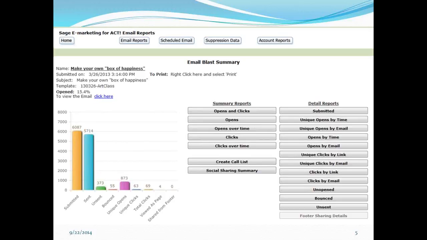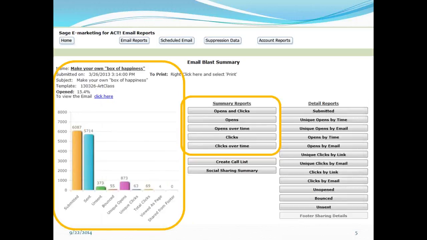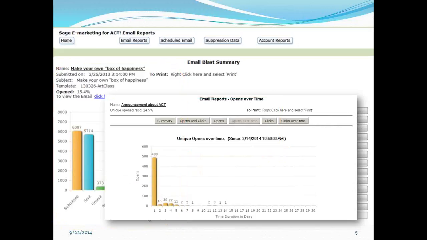So two of the most frequently asked questions we are asked are, what is the best day and time to send an email, and what's considered a good response rate. So the only way you're going to know any of that is by tracking the results. And there are a few different reports within here that we really like. So if we click on the summary reports, one of them that we always check out is